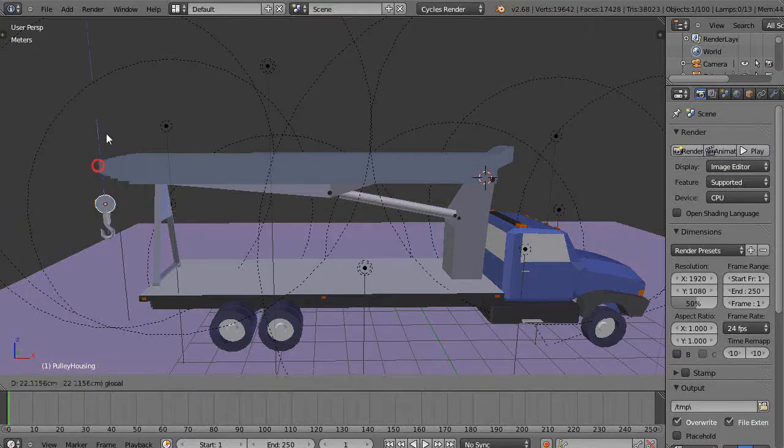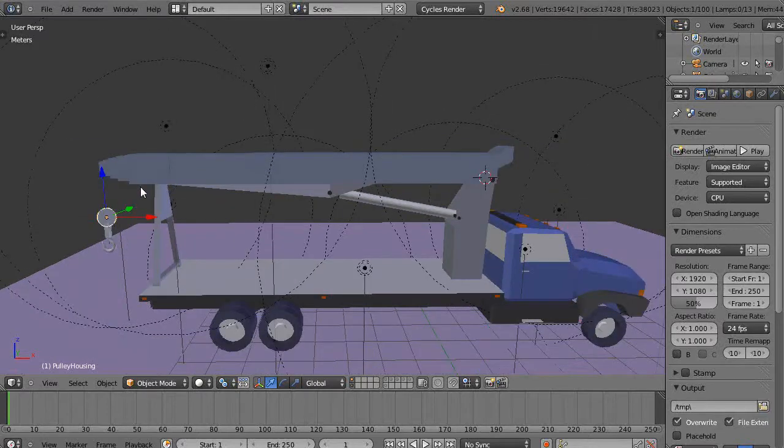This piece here, alright, I have this hook parented to the pulley right now, but what I wanted to do is parent it to, say, a particular point on an object. So let's say I'm just going to parent it to this. I'm going to move it like this. I'm going to ignore the extensions and put it right underneath this piece, like that was the only part of the boom. We'll ignore those